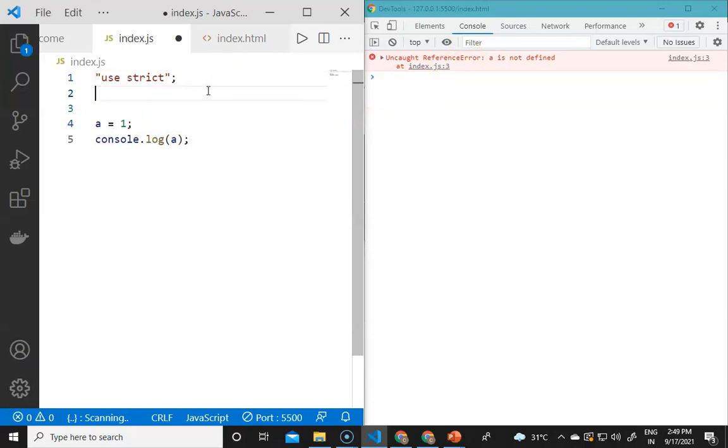If I define a like var a, then it will be cleared. So it will increase the readability, security and quality of your code, and it will decrease confusing and poorly written code in JavaScript.